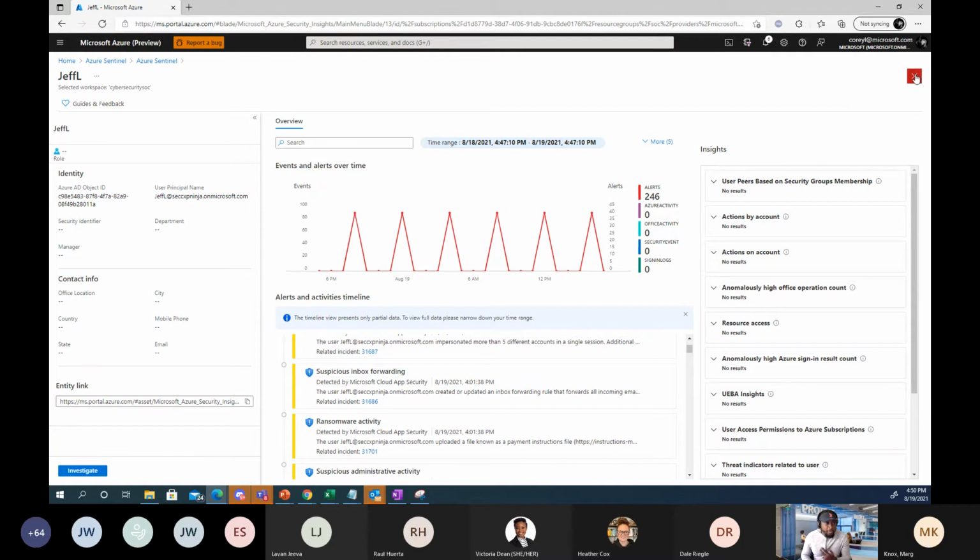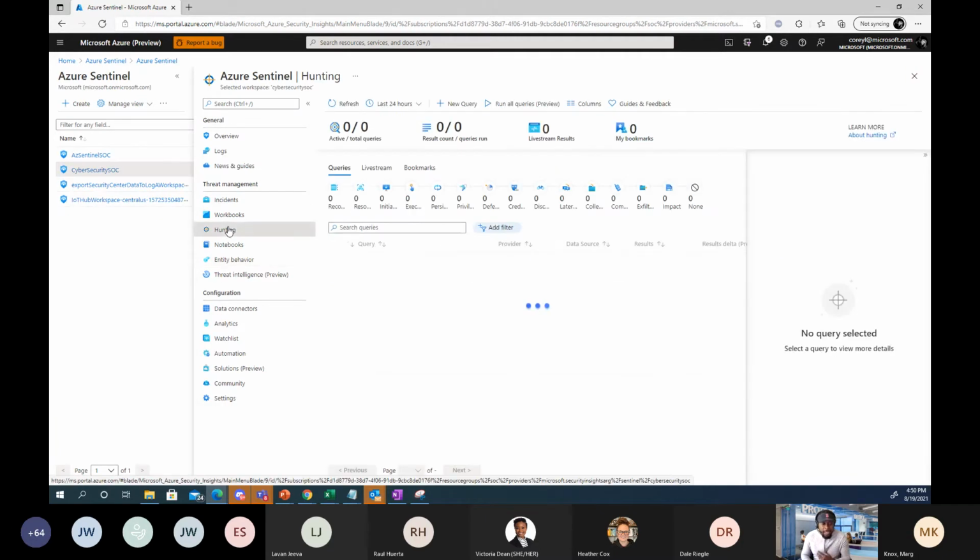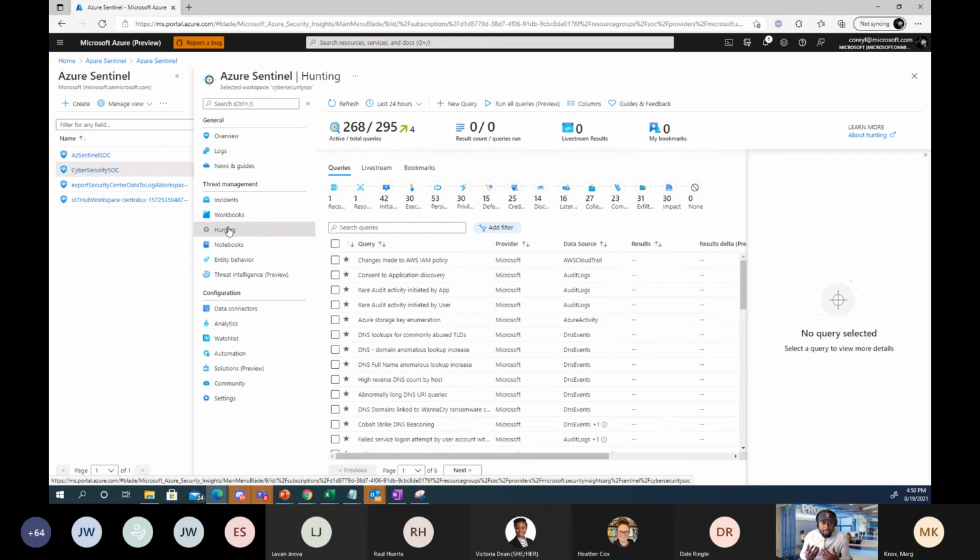So that's the UEBA functionality that I'll highlight. Hunting, I won't spend a lot of time here, but it's the capability that really allows institutions to proactively threat hunt within the environment. So think of things like Hafnium, where maybe there's an environment with down level versions of Exchange or a hybrid Exchange environment, and we need to be able to go out and see what our exposure to Hafnium is,